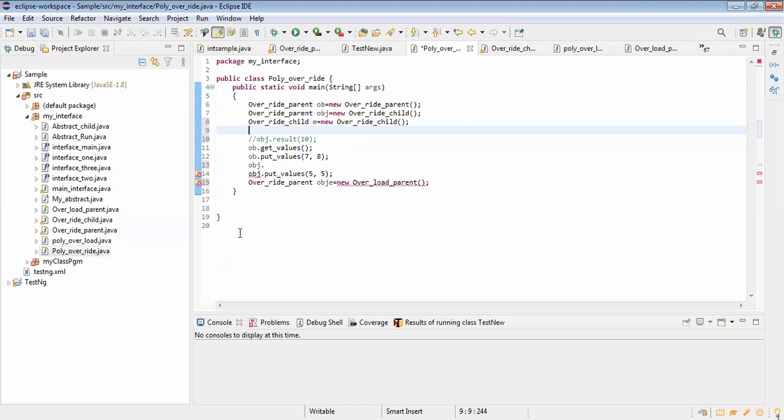Yes, because the override child class has the parent class also, right? Yes. Now you can reverse this one: override child M equal to new override parent. That is possible? No. Why? Parent does not have the child class. That's correct. So by seeing that itself, you will understand that the constructor is already available for whatever class you are trying to create an object. Okay, sir.